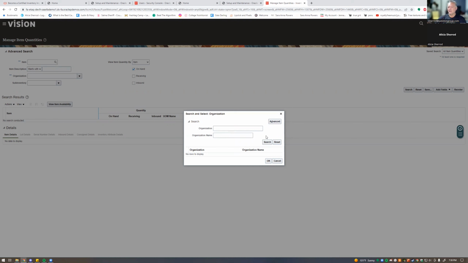Now, the reason for that is not only do you have role restrictions in Oracle that can control which forms a person can get to, you also have what's called data access. Okay. So this person has no access to any of the organizations that you have using that other role. So we're going to have to give this person some data access. Okay. All right. So if you go back to the other tab that we had